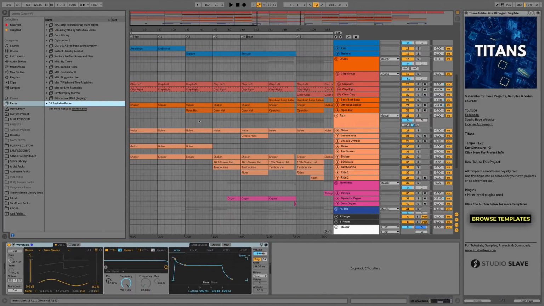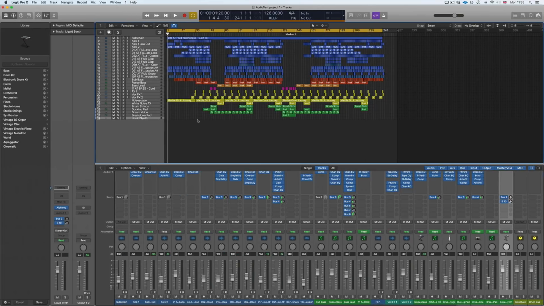Now looking at the reliability and stability of the two programs, I'd say that Ableton Live wins on reliability, especially for the older versions such as Ableton Live 8 and 9. I did notice that in Live 10 it is crashing every now and then. It's not too bad, however this seems to have been sorted out. I think it was one of the earlier Live 10 updates which has now been sorted. But as far as stability goes, Ableton is a lot more reliable than Logic Pro.